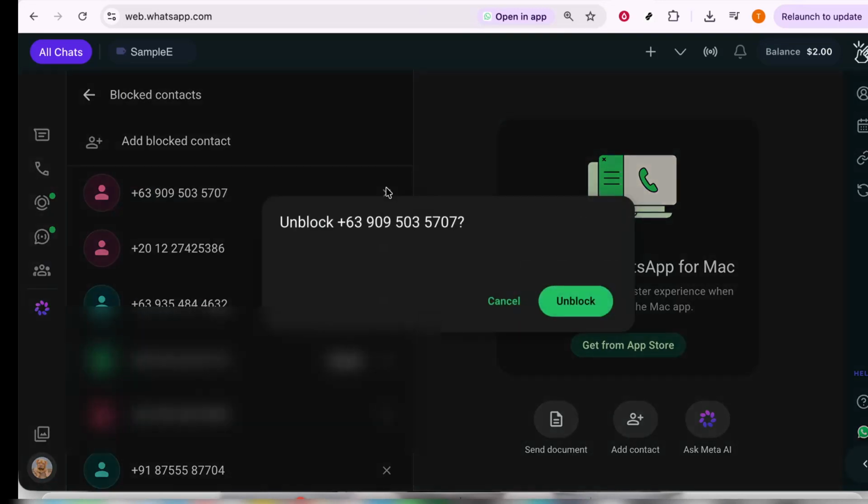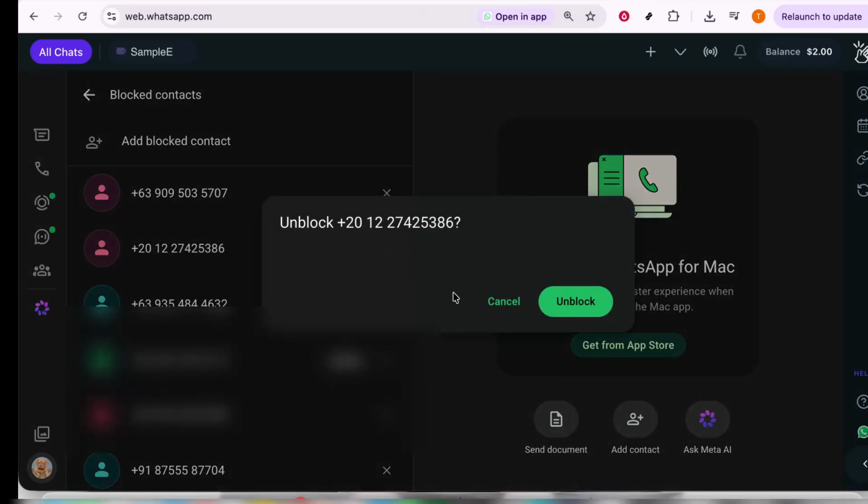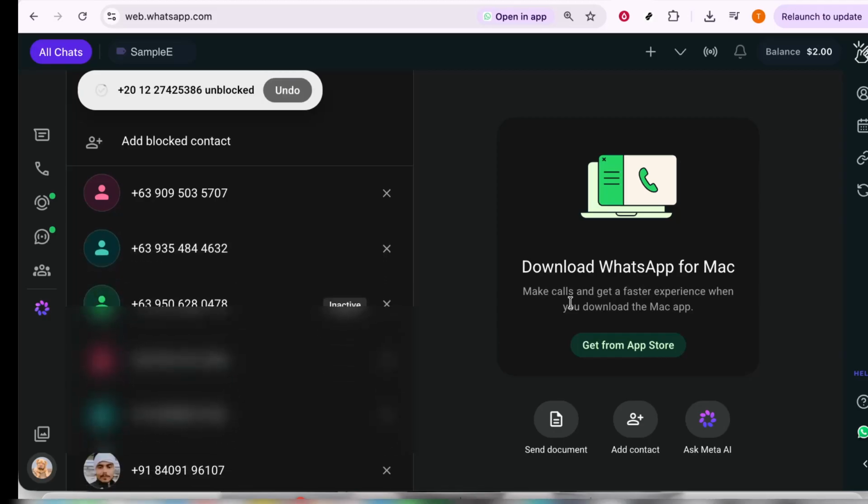What you're looking for is the blocked contacts list. Selecting this option will show you all the numbers and contacts you've blocked in the past. This is where you can review who is currently unable to message you via WhatsApp. As you scroll through your list of blocked contacts, find the specific contact you wish to unblock. Alongside each contact's name, you'll notice an X symbol. This symbol indicates that the contact is currently blocked and gives you the option